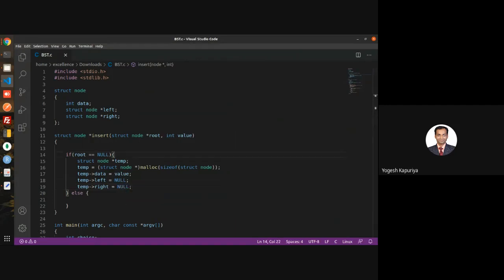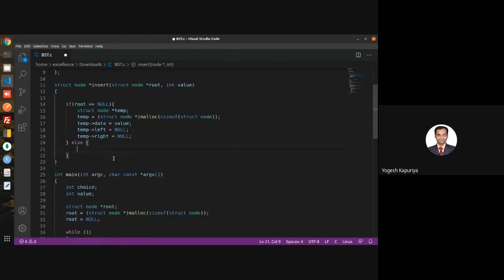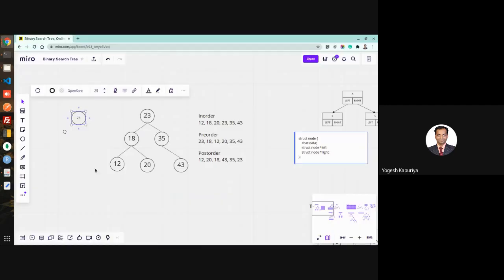Okay. So this happens when you don't have any value. That means you don't have a root node, right? Let's say you have a root node. So instead of inserting 23, now you are inserting 18. That means you have some value in the root node. So obviously what you will do next is compare that value with this value. If that value is less than this node, then you will insert on the left side, right?